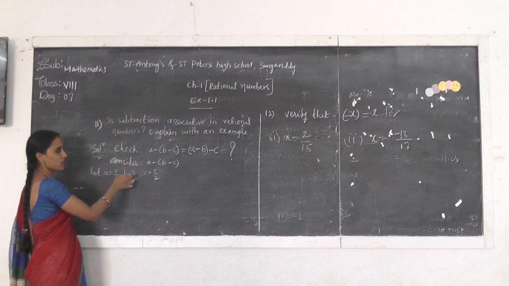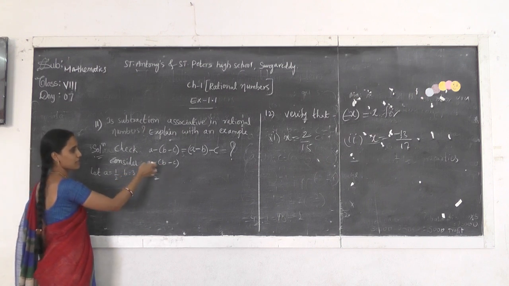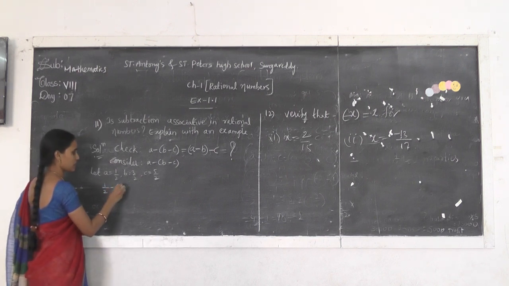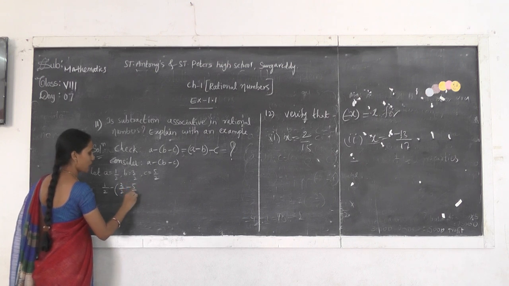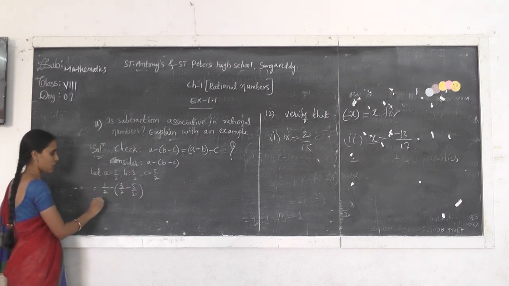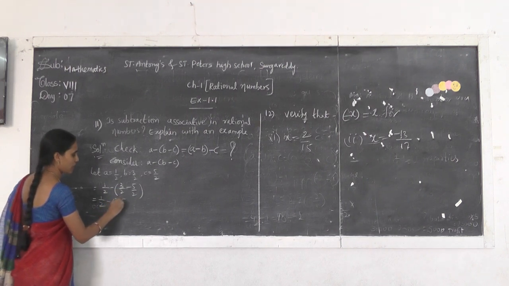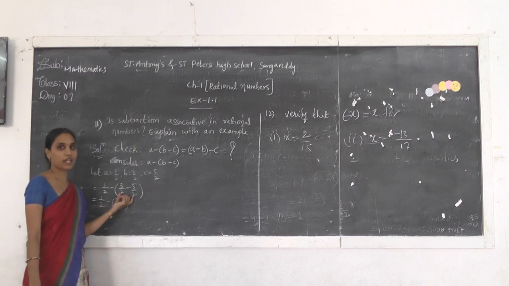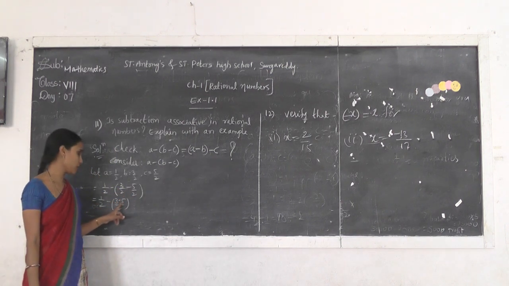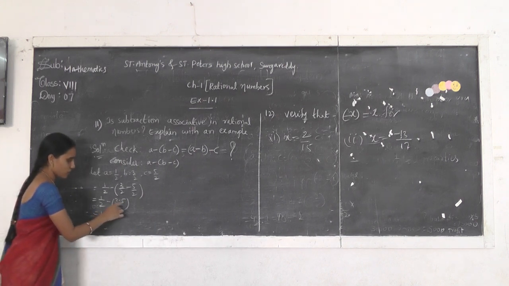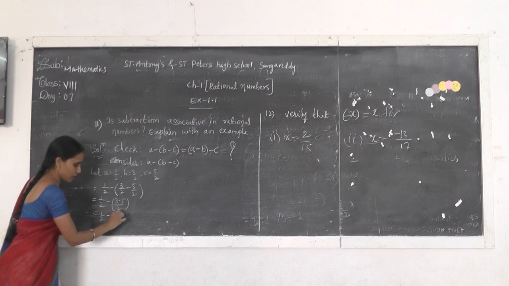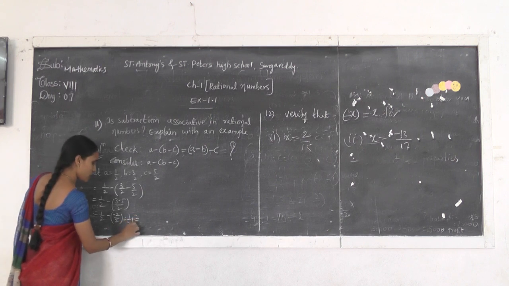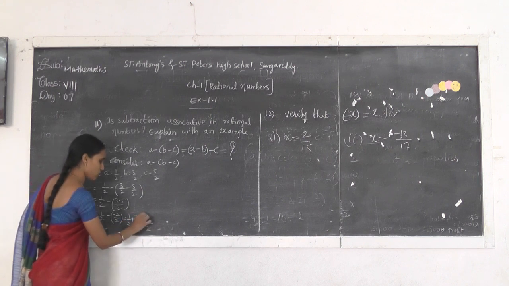Let us take the ABC values like this. Now substitute these values in the left hand side. We considered already (A minus B) minus C. So A value is 1 by 2 minus B value 3 by 2, minus 5 by 2. Already you know how to simplify this, right? 1 by 2 minus 3 by 2, minus 5 by 2. These two are like fractions, so there is no need to go for LCM. So directly write the denominator as 2, and 3 minus 5 is minus 2 by 2. Now open this bracket. 1 by 2 minus this minus will become plus 2 by 2.